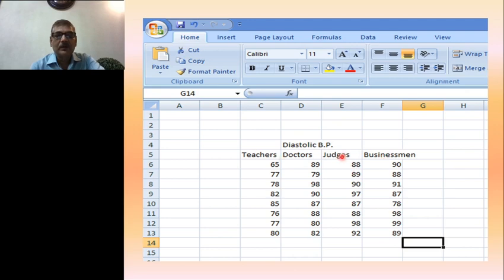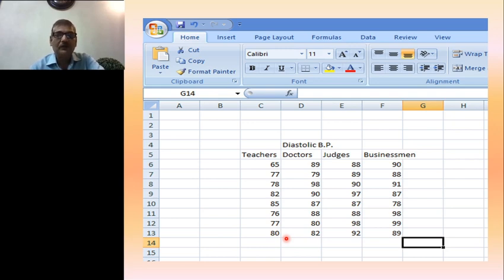So teachers, doctors, judges, and businessmen. From all these 4 different professional groups, 8 individuals were randomly selected, and their diastolic blood pressure is shown in this Excel sheet. So we want to know whether the diastolic blood pressure of these individuals coming from 4 different professions differ significantly or not.